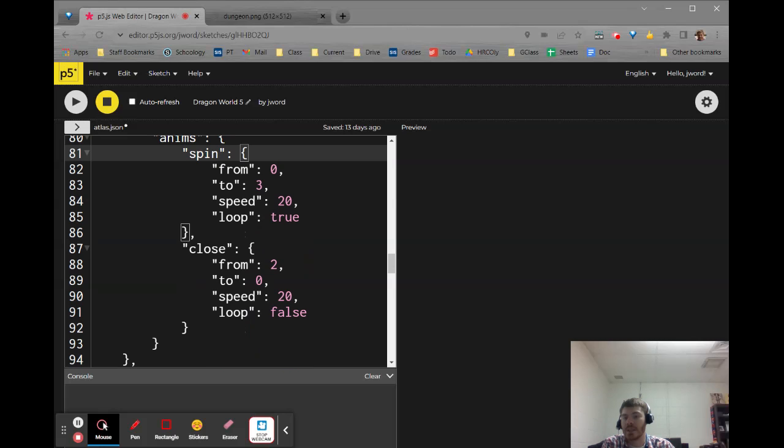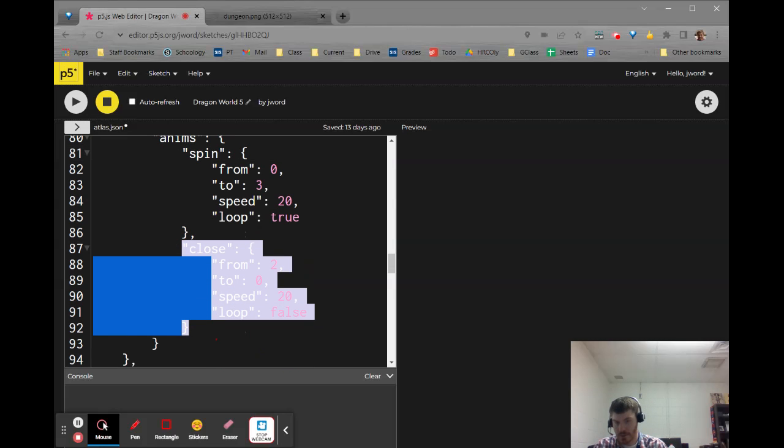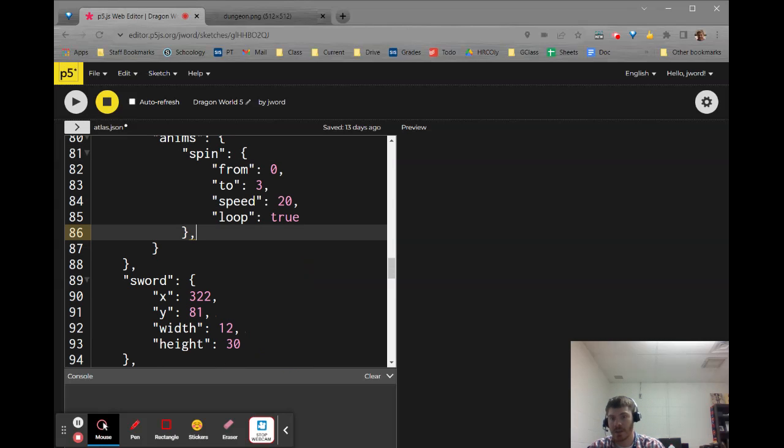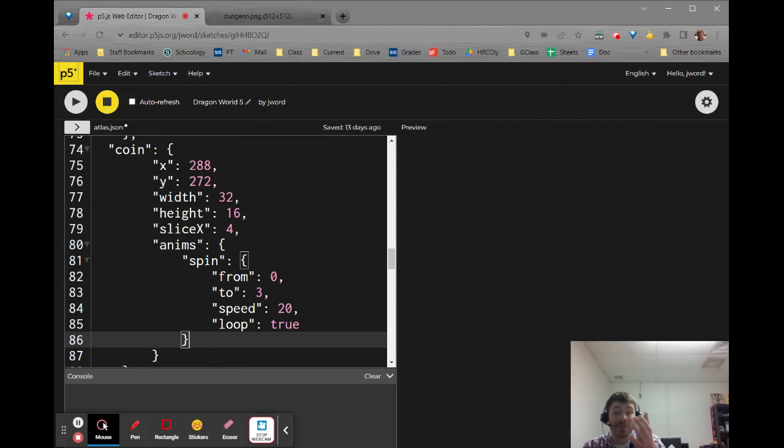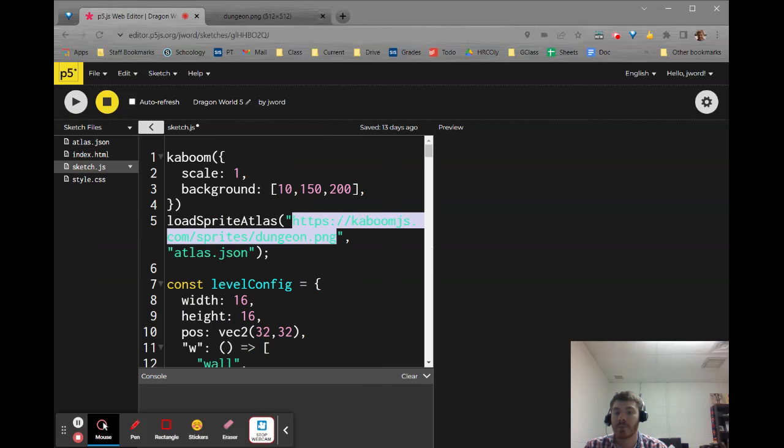So I'm going to delete the close animation stuff here and then delete that trailing comma. So now I have the proper data in my JSON for the atlas.json for coin. So now it knows where the image is, what to do with it. So the next step would be